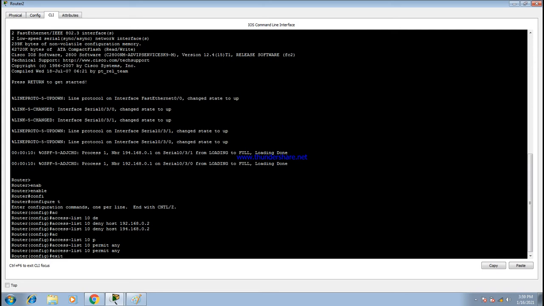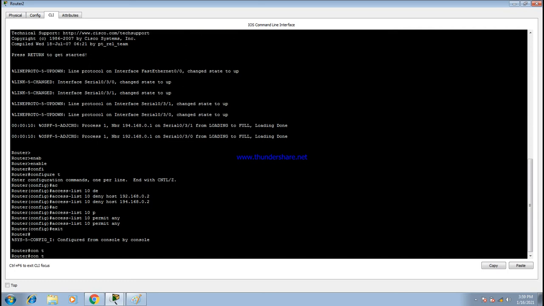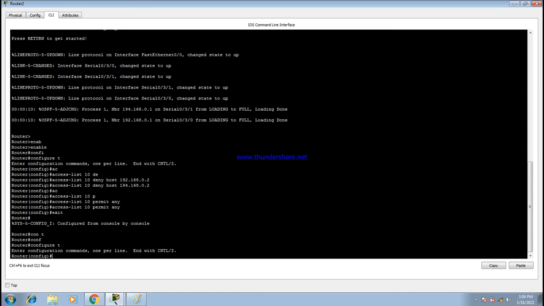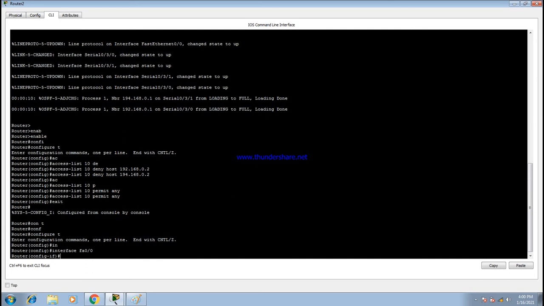Okay, so you want to execute the communication. Okay, what do you want to do? Give configuration, give config terminal. So config terminal, then you want to give the interface now. So what is the interface here? So FA 0/0, give enter. Then you want to give access list group. Okay, this is a command. So access list group, you want to give the command here.